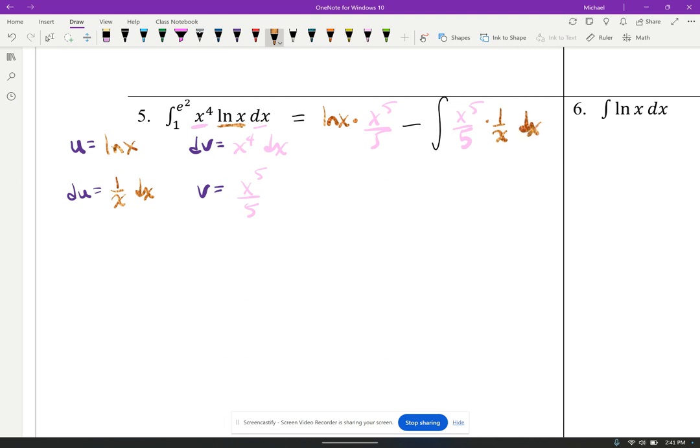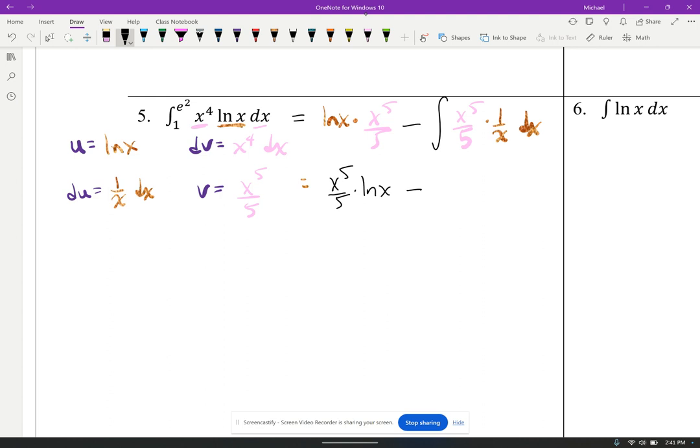Now, even here, this is not going to be so bad of an antiderivative, as we'll see shortly. By the way, I still need to evaluate this between 1 and e squared. So here, this is going to be the natural log of x times x to the 5th over 5. And maybe I want to put that in the front: x to the 5th over 5 times the natural log of x, minus